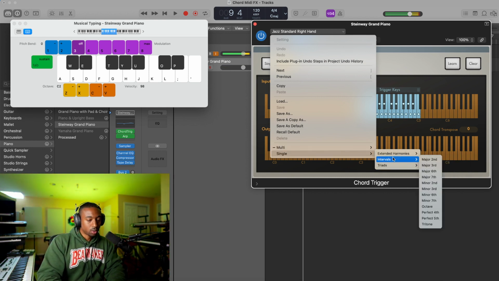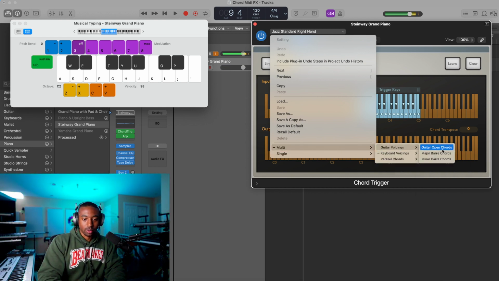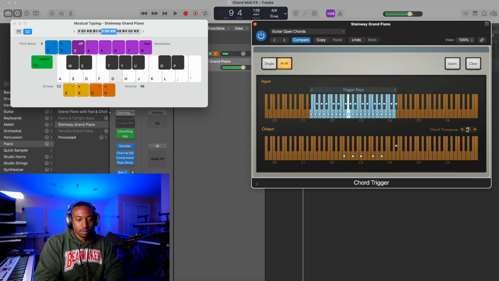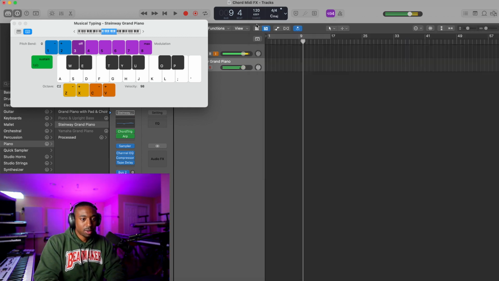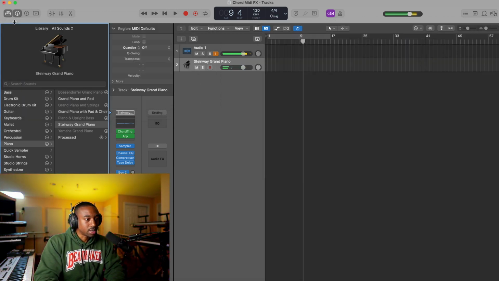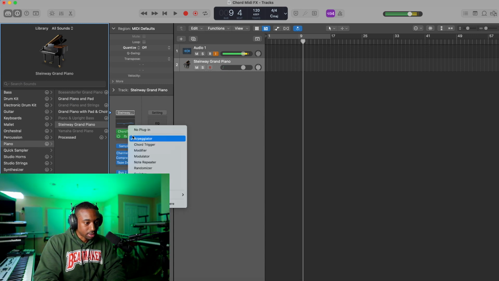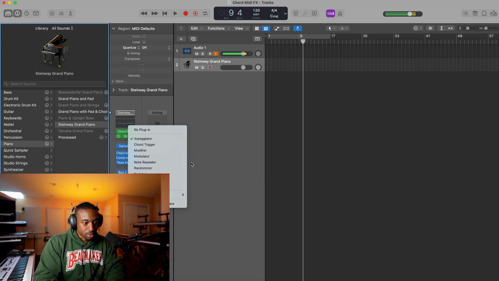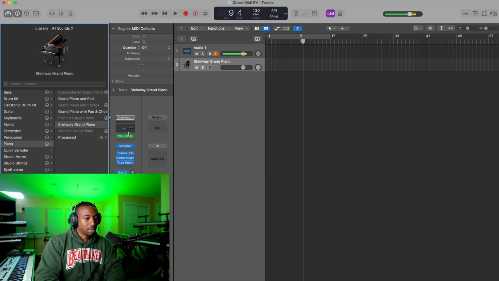Now there's single chords that you can trigger as well. Like if you have a specific chord type, I wouldn't recommend it because then you're stuck with a certain vibe and you won't be able to go out of key really. So the arpeggio function is okay. I probably wouldn't use it in practice, but I wanted to show you that just in the case that you overlooked it. And then you have other things like the modulator, the modifier. Again, I wouldn't really use those in a natural setting, just the chord trigger.